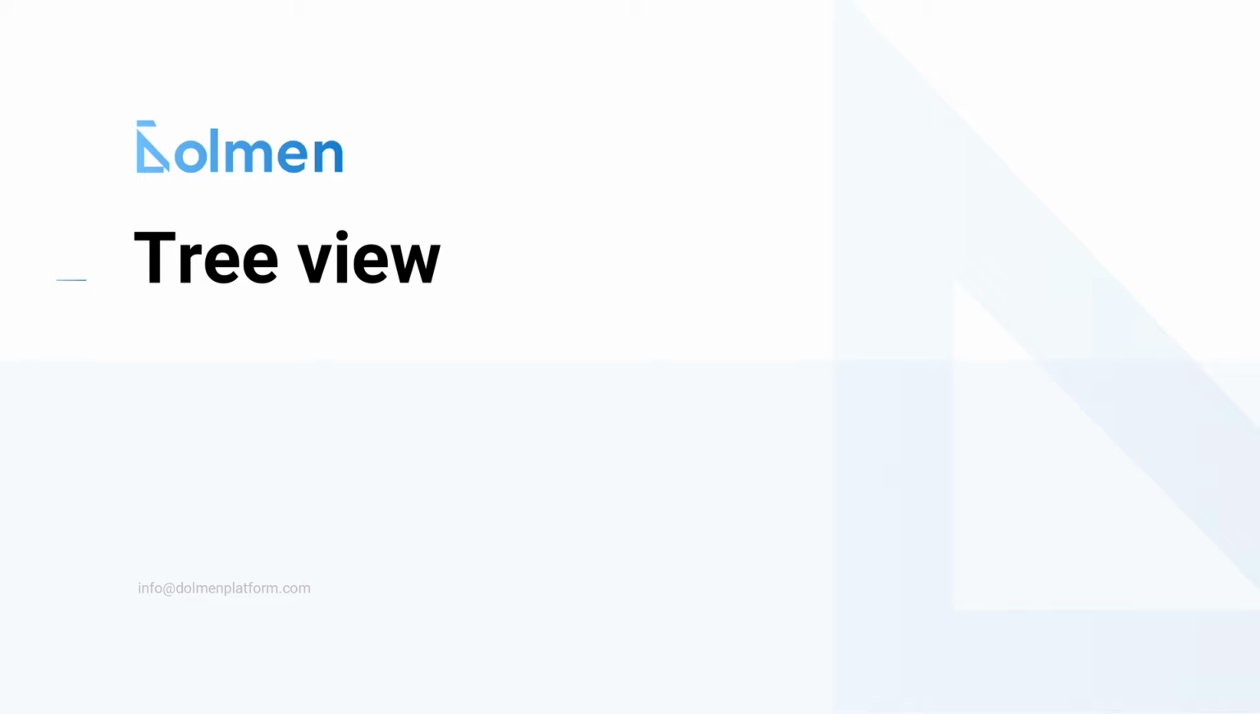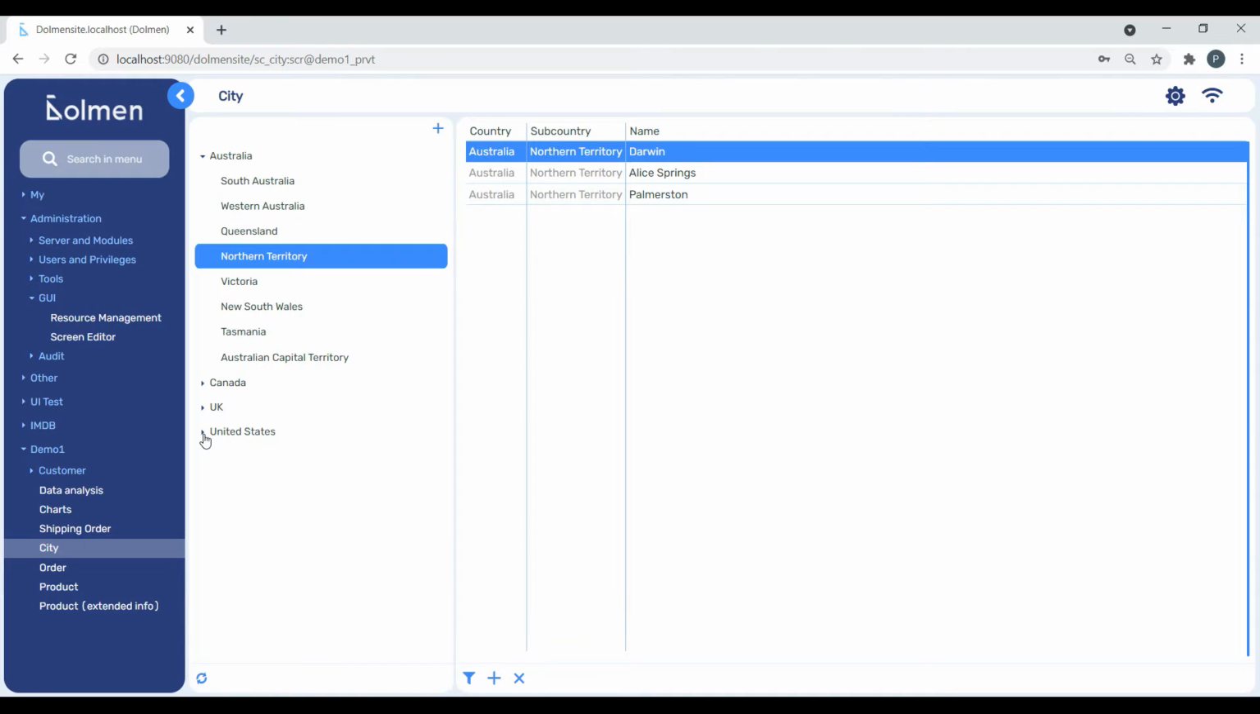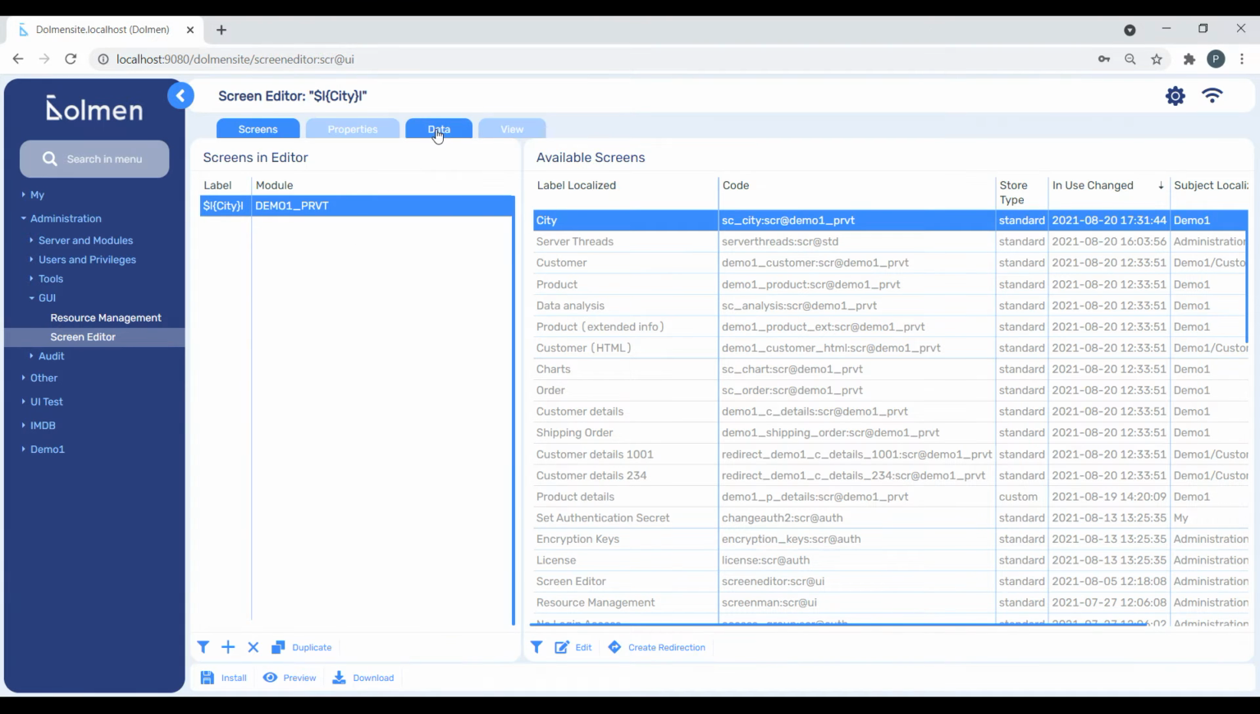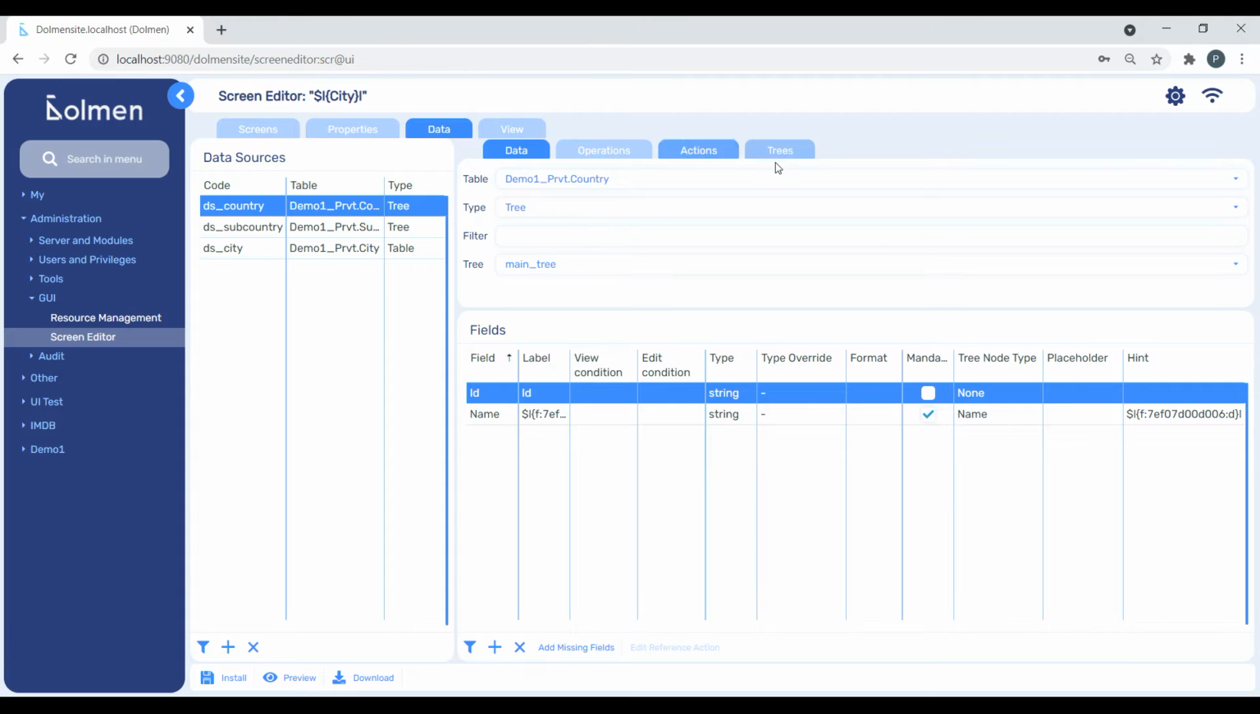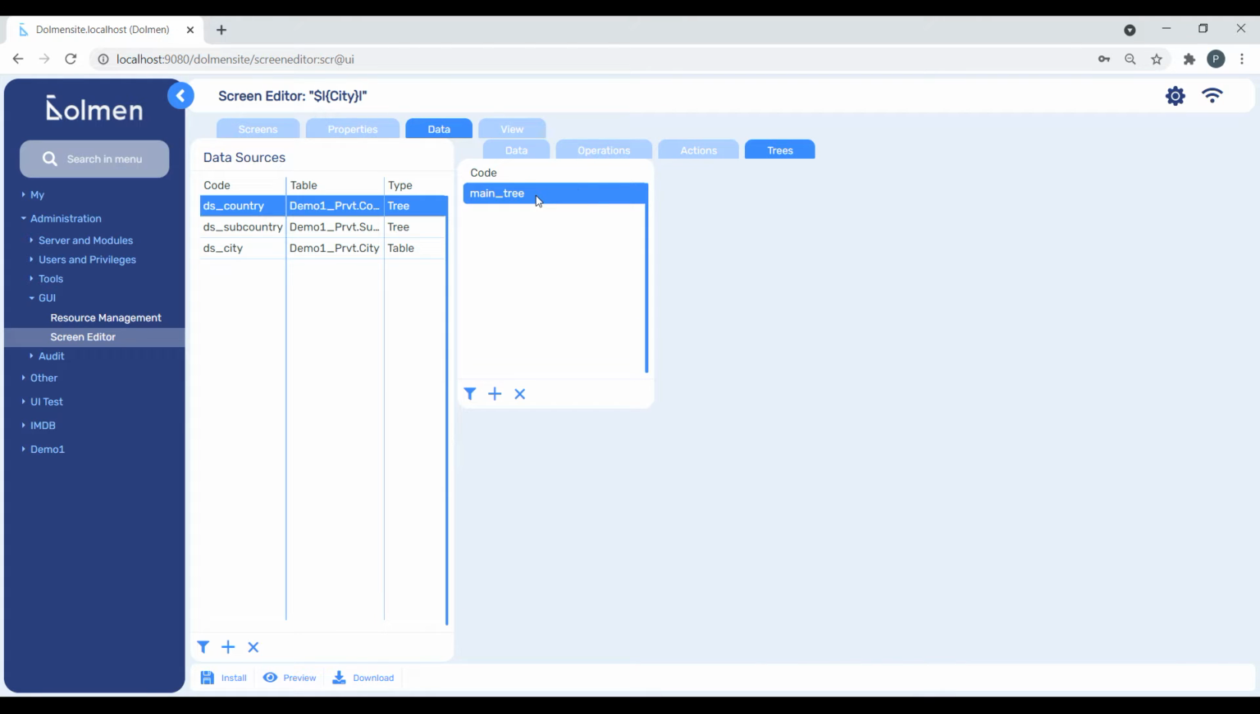In this video we'll learn about the tree view. The screen in this example shows data from the tables country, subcountry and city. Countries and subcountries are in the tree at the left, and the cities for the selected subcountry are at the right. In the screen editor we need to create a tree on the tab Data Trees and